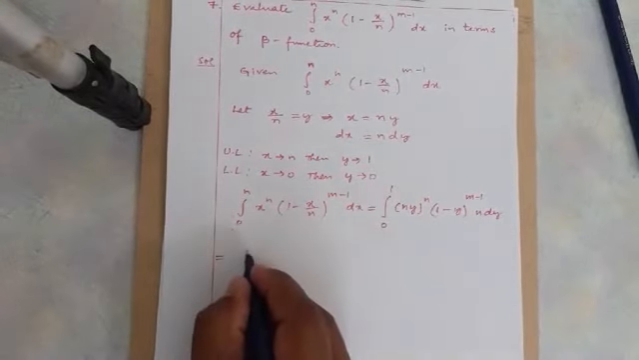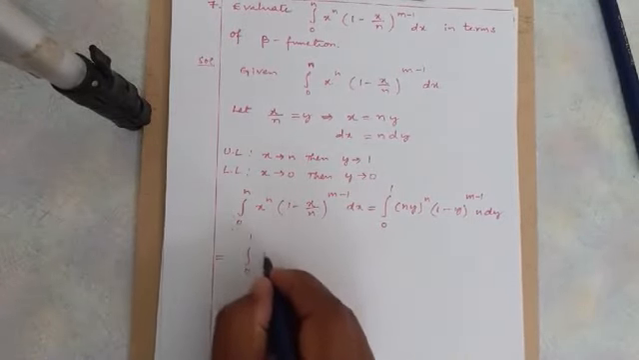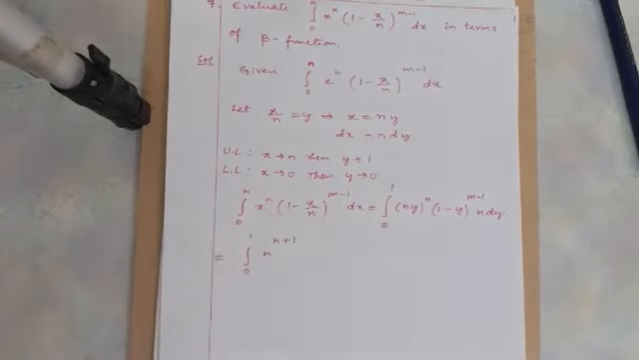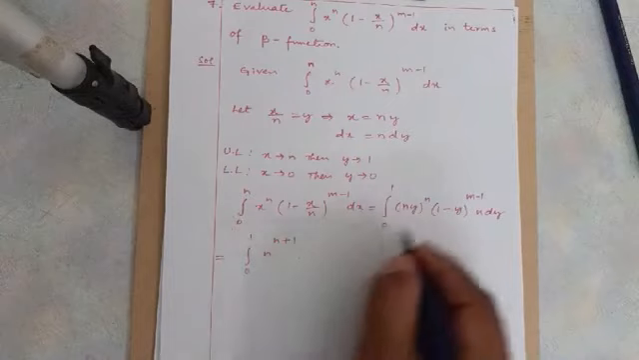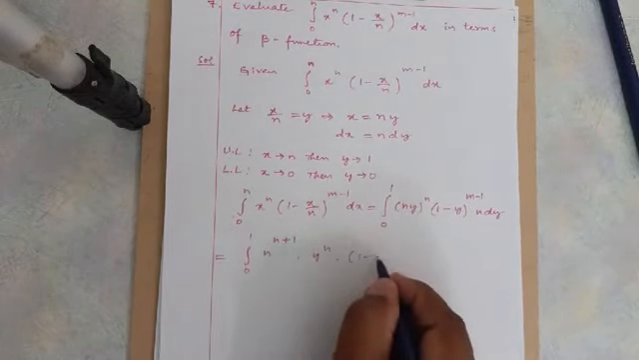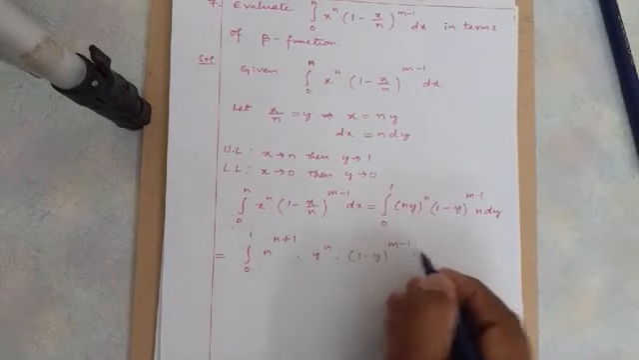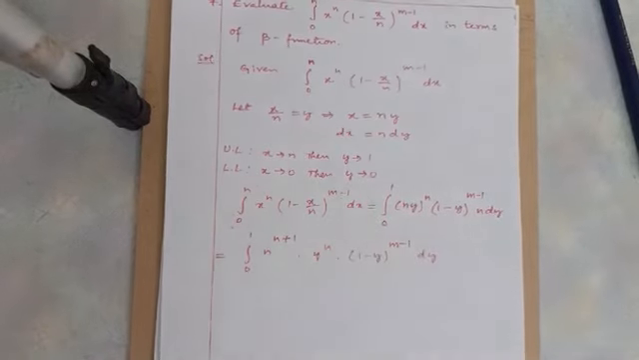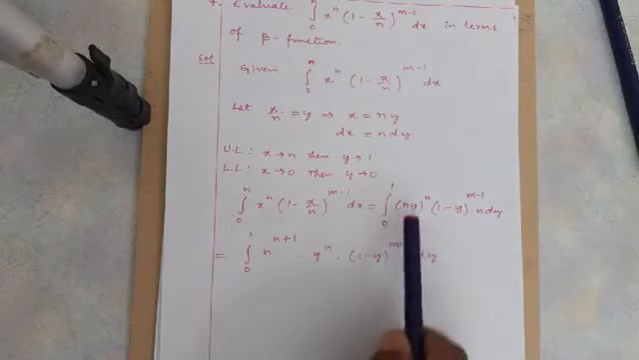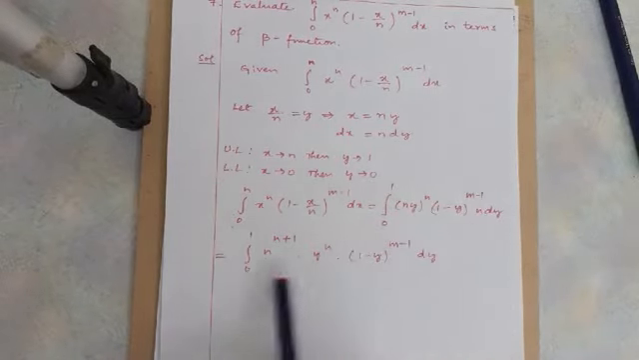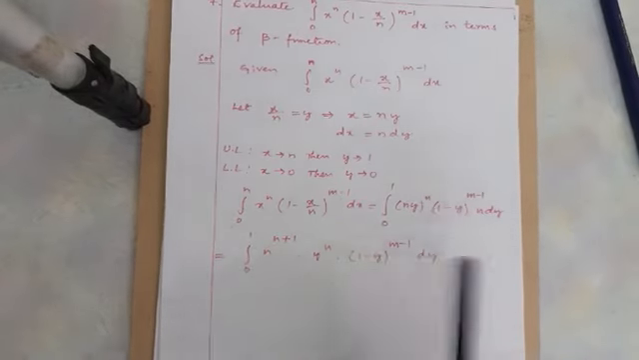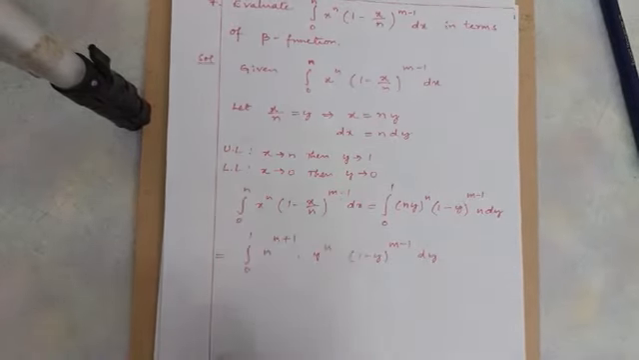So we have to write integral 0 to 1 n power, basis same, power should be added, that becomes n power n plus 1 into y power n into 1 minus y whole power m minus 1 into dy. Here writing the same, I have taken n, basis same, power should be added, n power n power 1, so that becomes n power n plus 1, then y power n, then this is same. After writing that, we know